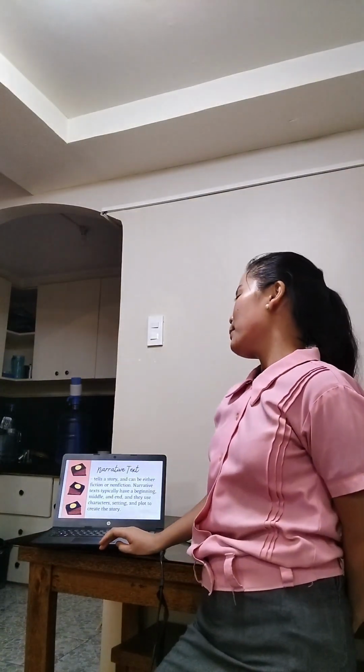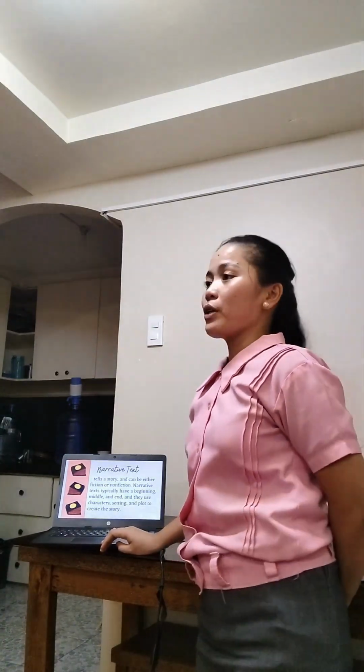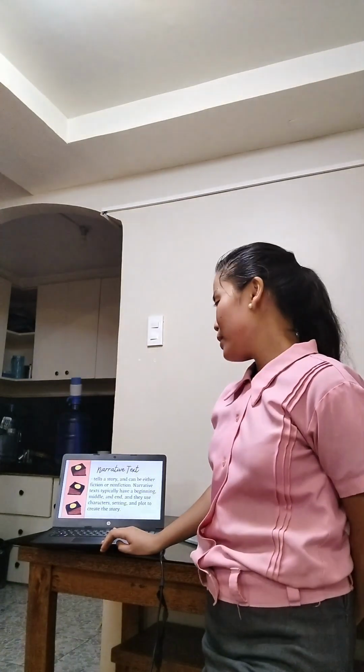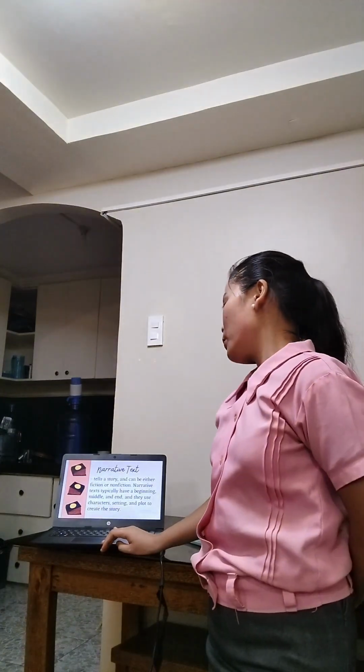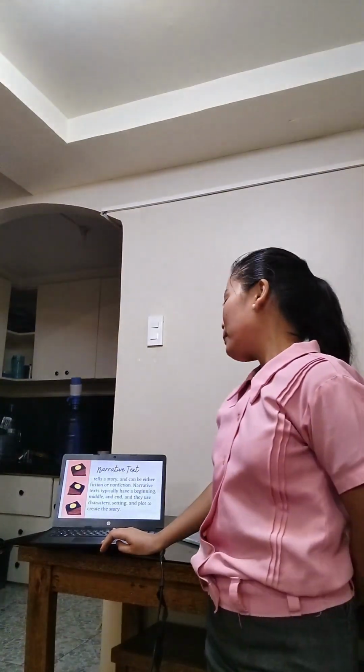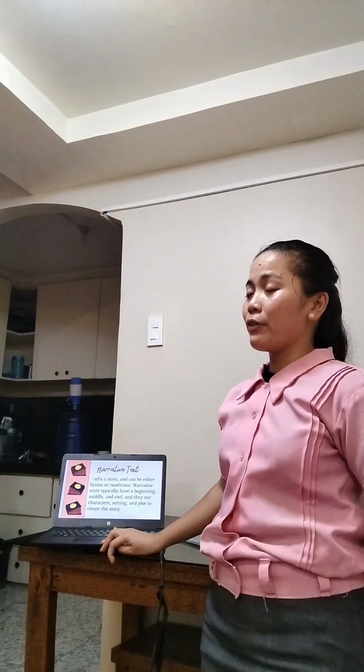Alright. So first, let's talk about narrative text. When I say narrative text, it simply tells us a story and can be either fiction or non-fiction. When we say fiction, it is a product of our own imagination. And non-fiction is based on real-life events. Narrative text typically has a beginning, middle, and end, and uses characters, settings, and plot to create a story. The best examples of narrative text are the short story, the novels, and the folklore or